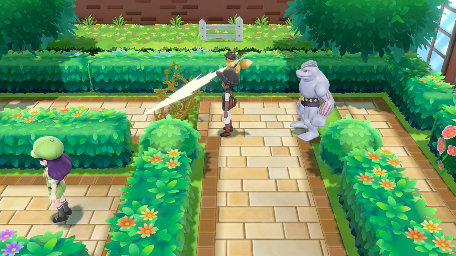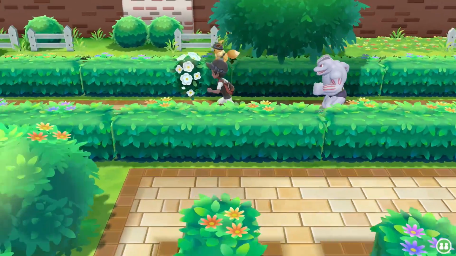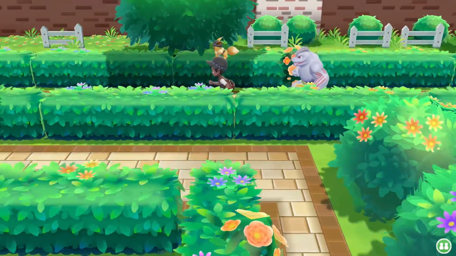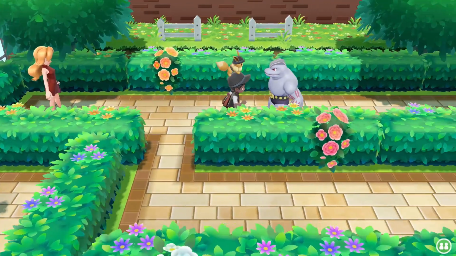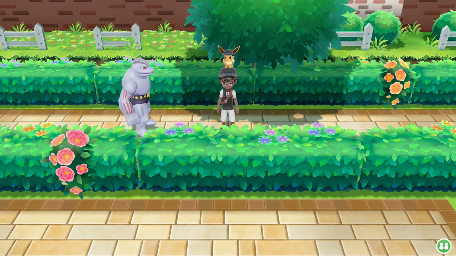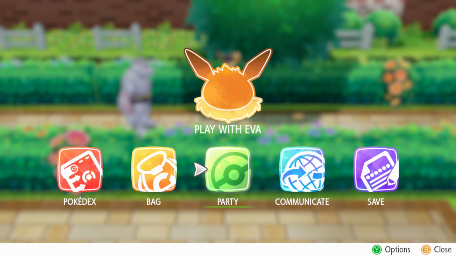Here comes the chop down. Let's see. We can see Erica through there, but I think there's quite a bit more of this gym left to go. Yep, there's more trainers. So I'm thinking we cut this off here, and next time on Pokemon Let's Go Eevee, we'll continue through the gym. But first, as always, well, before we go,